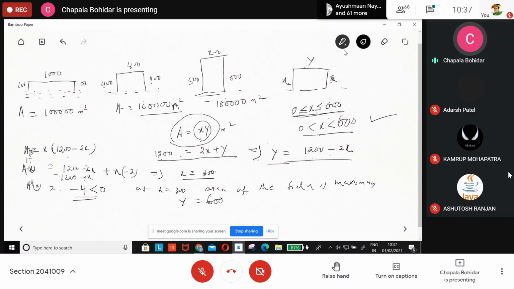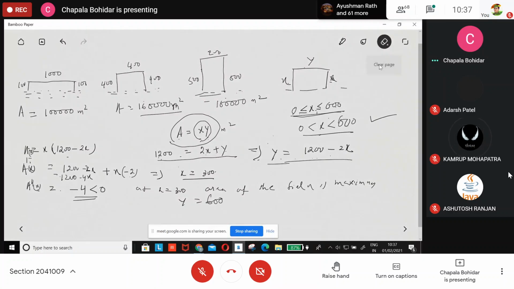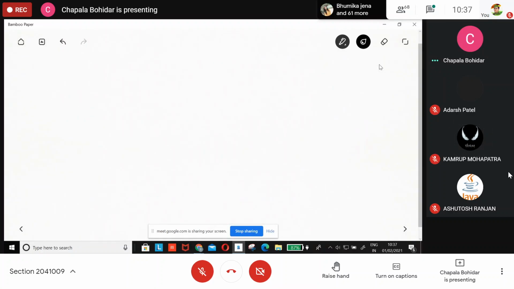I'm going to erase this page now. Suppose that c, small c, is a critical number of a continuous function f,